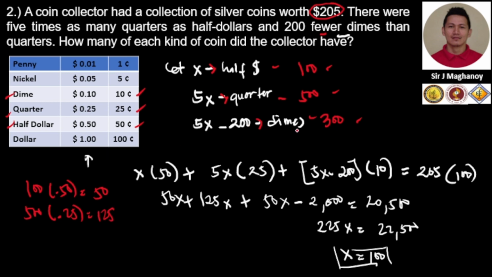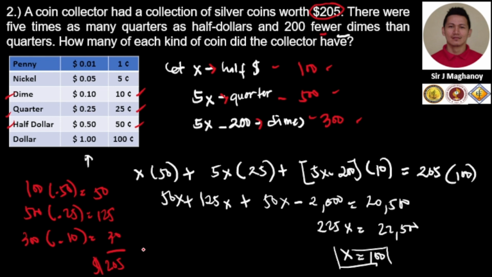How about our dimes? That is 300. What is the multiplier for our dime? That is 0.10, so that is 30. Let's sum: 125 plus 50 is 175, plus 30 is 205